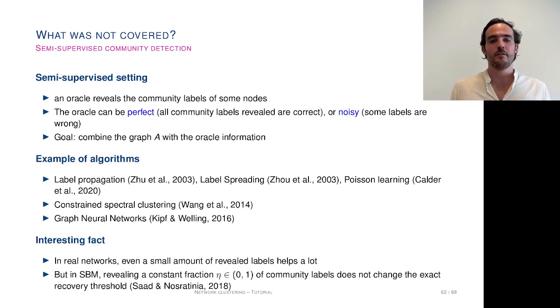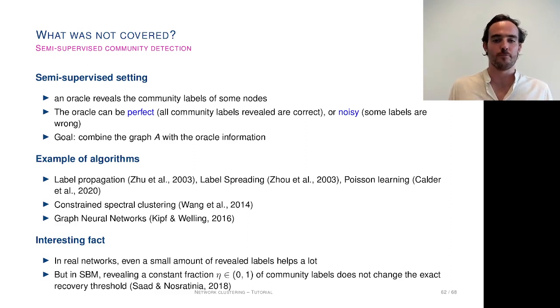Another interesting setting, especially in the realm of machine learning, is semi-supervised community detection. And what is that? So we were looking at the unsupervised problem, that is, we just observe the graph and we want to recover the clusters. But we could also assume that some oracle reveals the community label of some nodes. Like for a small portion of nodes, maybe 1% or 5% of nodes, I know the community labels, and I want to infer based on the information of the oracle and the graph,